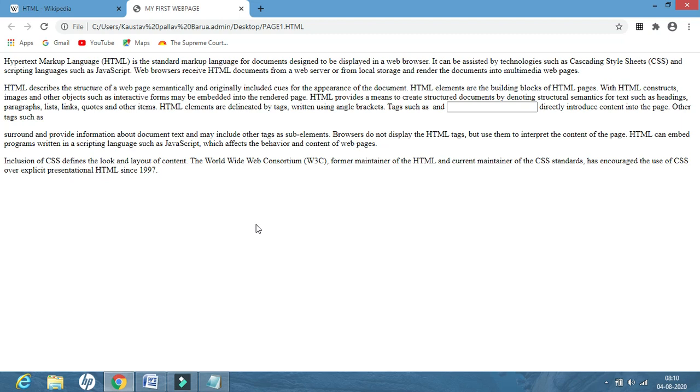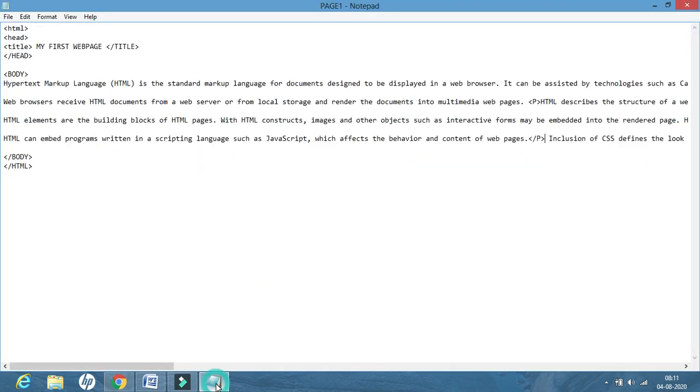Okay. The next thing that we will learn is to change the background color. Now the background color of this page is by default white. Every time you create, it will be white only. Now if I want to make it red, what will I do? Again go back to the notepad.